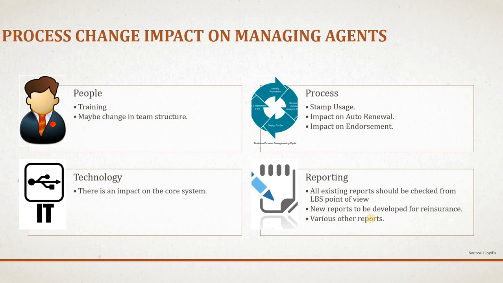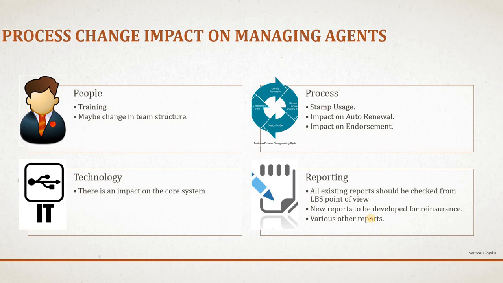Earlier, once the quote was accepted, the syndicate would issue the policy. But here, the LBS will issue the policy, and then it will cede or reinsure the same policy back to the managing agent, and the managing agent will issue the reinsurance policy. So rather than the straight policy, you will be getting the reinsurance policy. On the people side, some degree of impact will be there from the training point of view, the administrative team needs to be reorganized, and new processes and procedures need to be accepted.